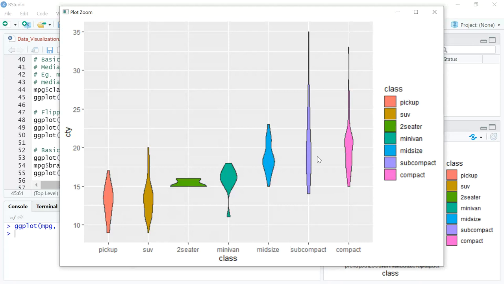So the reason why we did this is just to give a proper visual impact, right? Because let's say compact starts with C and was supposed to be the first class, so compact would come somewhere here, and followed by, maybe, let's say pickup is following compact, then you won't see a straight line.